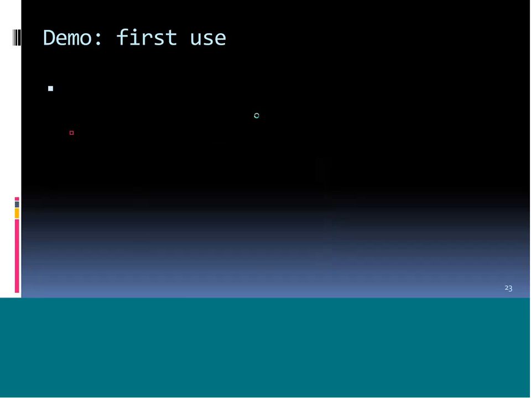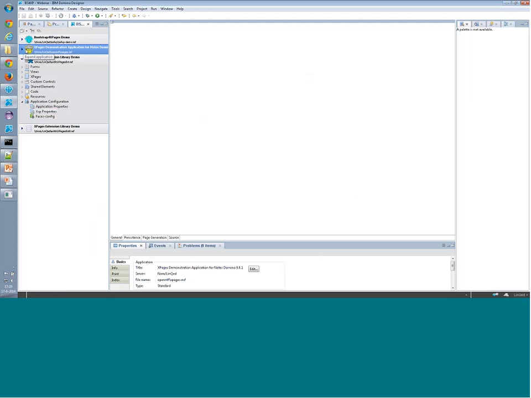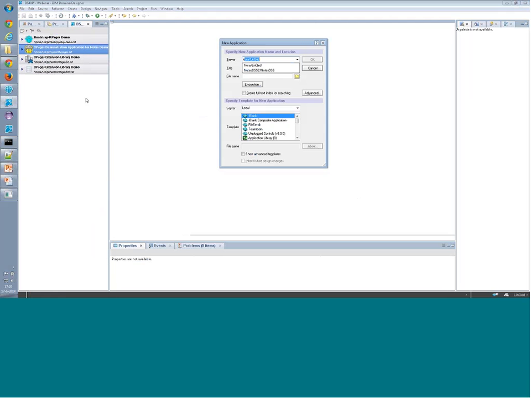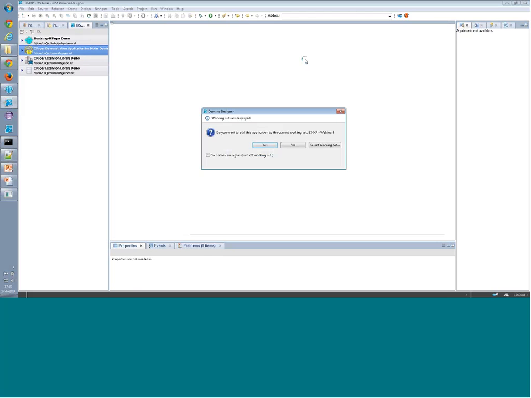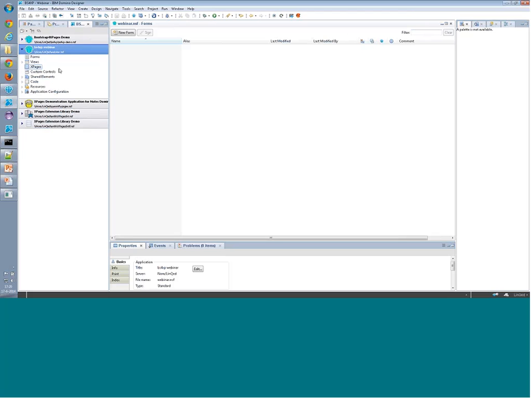Right. So let's do a demo of a first application that I'm going to use Bootstrap in. I'll just create a new database on my local server I have running here. Let's call it Bootstrap4XPage webinar, and we'll just call it webinar.NSF. Right. We'll create an Xpage